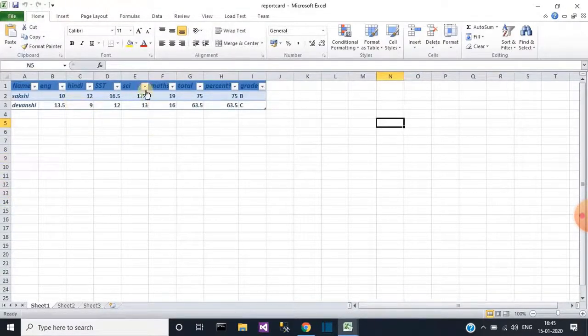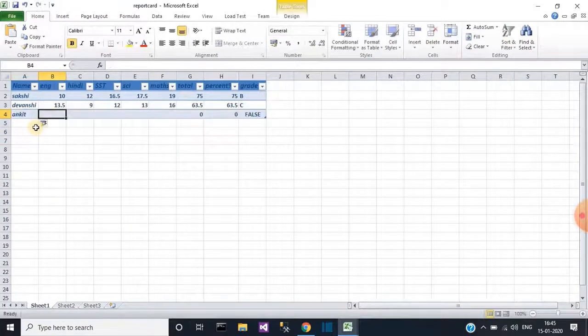Like, I have saved a report here related to the calculation of marks. Here is the student name, then after that the marks in English, Hindi, SST, Science, and Maths, where I put the numbers, and it gets the total here.